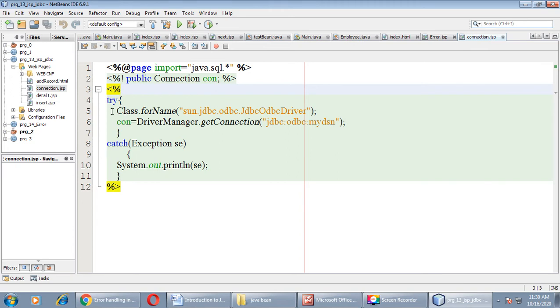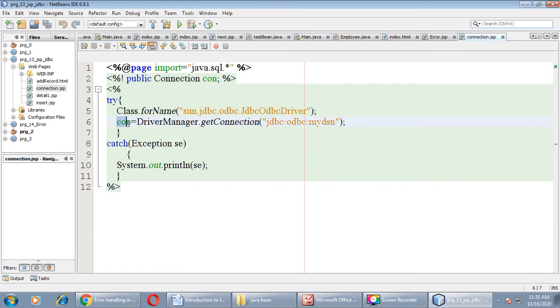You can see that Class.forName method I have used, with the sun.jdbc.odbc.JdbcOdbcDriver, and then Connection equals DriverManager.getConnection, jdbc:odbc:mydsn. From this line you can identify that we are going to do the connection with the Access database. You have to create my DSN for Access connectivity.